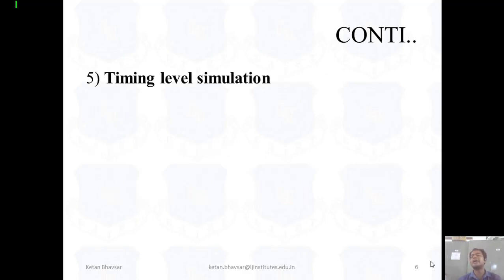Timing level simulation: as I already told you, if you are working with some timing concept, like designing a traffic light controller which works on clock-based timing with 30 seconds in each direction, then you have to check that the delay is generated properly for 30 seconds or not. So we have to check the timing level simulation also, whether we are getting the signal at the proper time or not. Timing level simulation also plays a main role when we are talking about CAD tools.